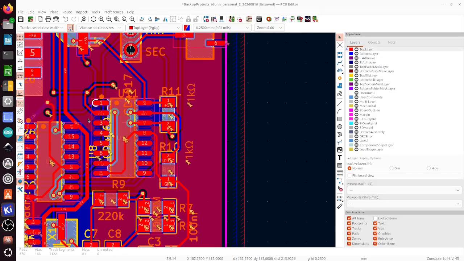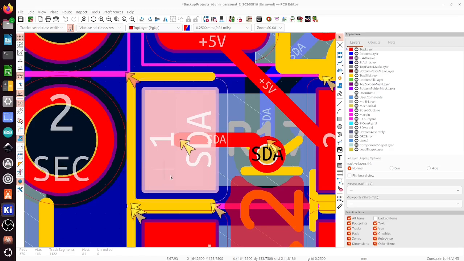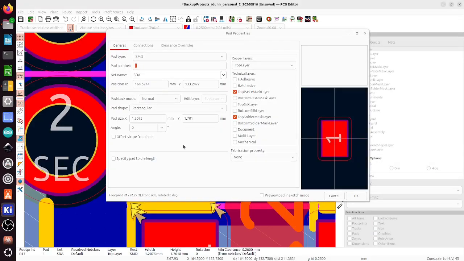I'm going to move that over to my other screen and zoom way in there. And I'm just clicking on one of those. So it's talking about this pad now, I know, because it highlighted that when I clicked on it. So if I double click on that, or I can use E, the hotkey, and I go over here to